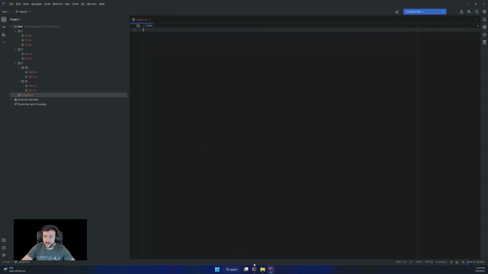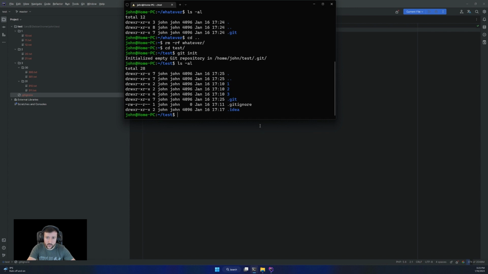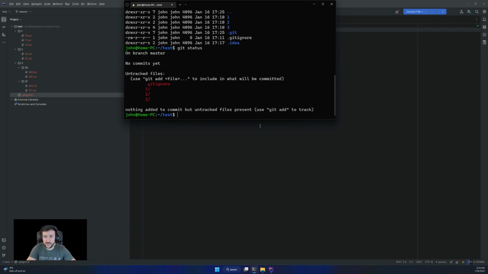So going like this, if I do git status, I will see that everything is untracked. There are two stages with the files. If I do git add . or git add --all it will add everything to be tracked. I can also add folders.